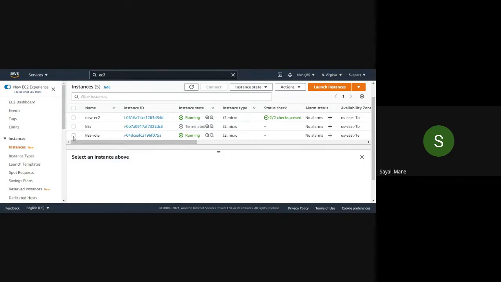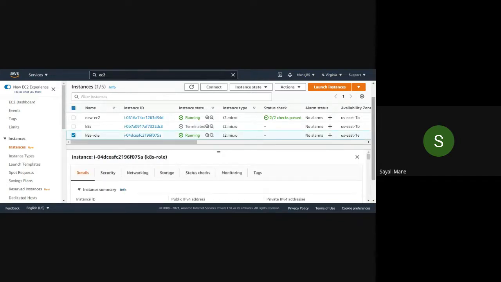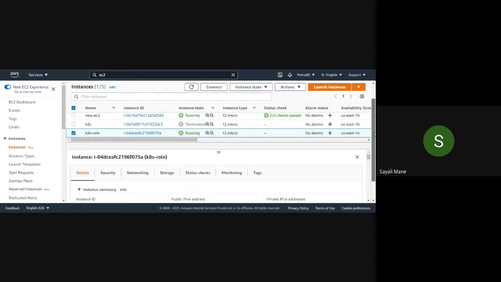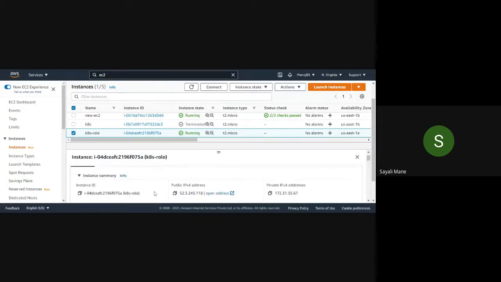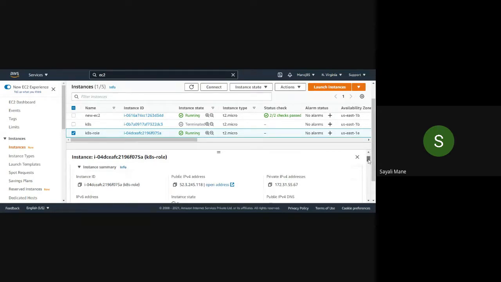Now please select this one. Here you will get the details of your respective role, like the instance ID, public IPv4 address, private address, instance state, elastic IP address, and everything. If you see here, in the instance details, the platform is Ubuntu.